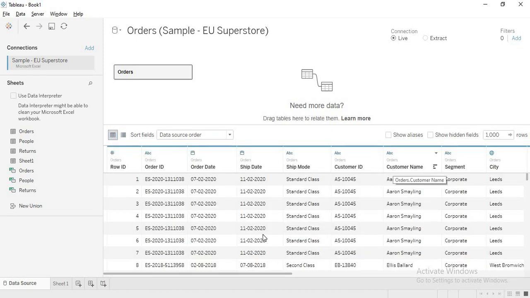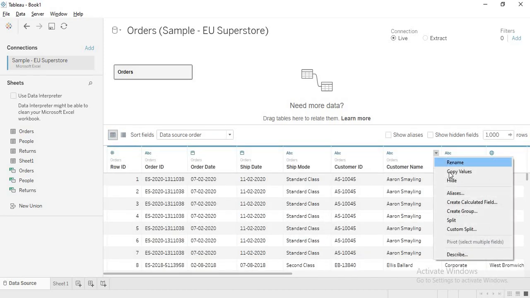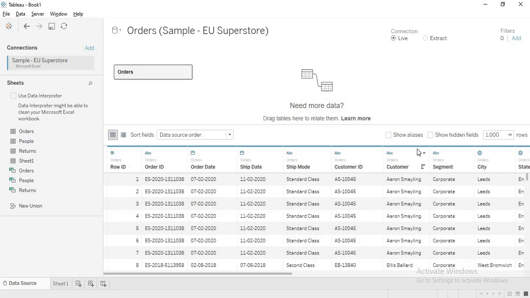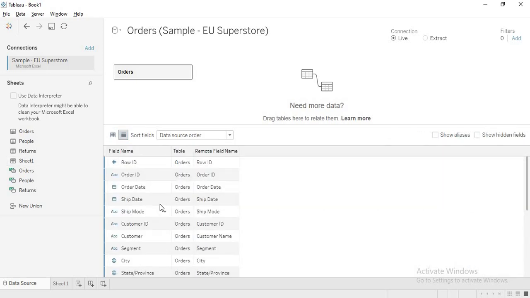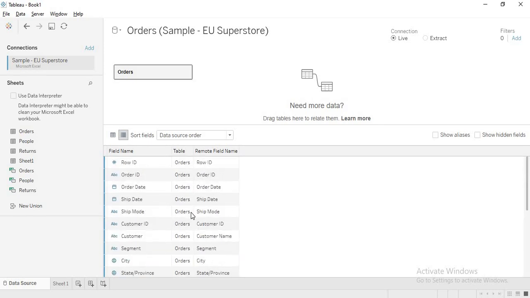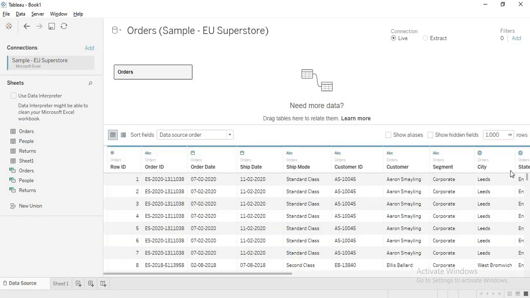Like here, I want to rename this as only customer. Okay, so I rename that as customer. Now when I go here, I see the remote field name is customer name, but in Tableau it is named customer, and it also shows which table you are getting that field from. It will give you clarity.